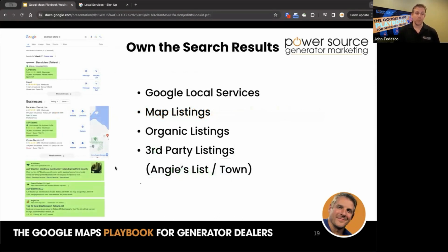You know, and like I said, we want to just own the search results. You want to be in the Google local services. You want to be in the map listings. You want to be in the third-party listings, maybe Angie's List or any kind of town-related links back to your